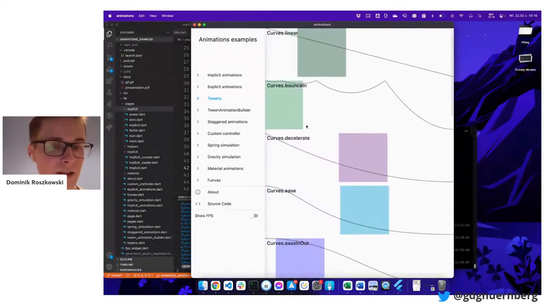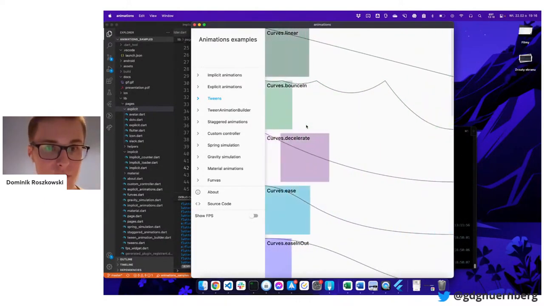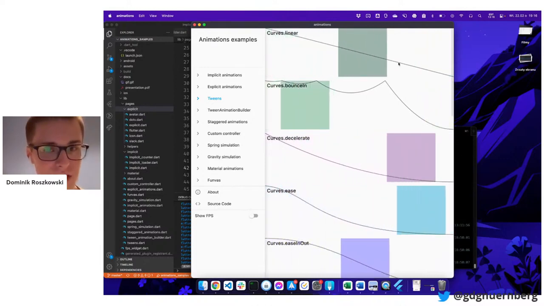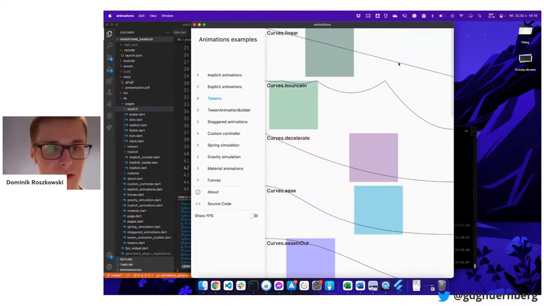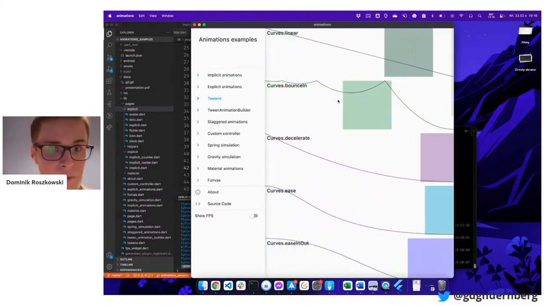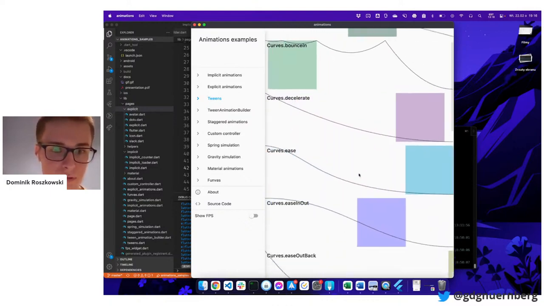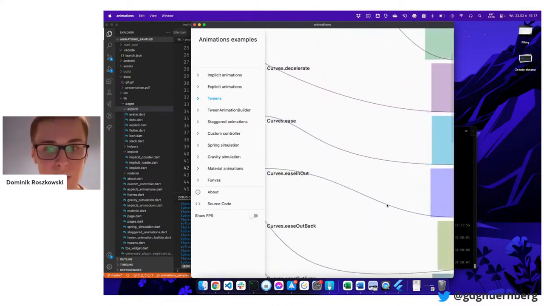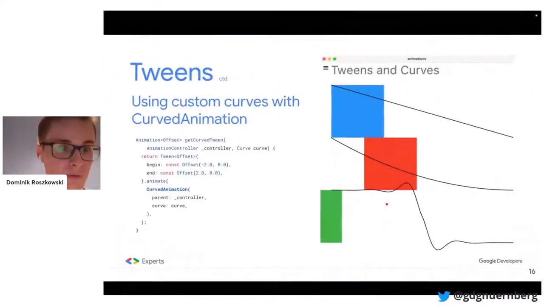So if you have any kind of motion in your app, you will probably use some curve. You will not make the movement linear because in reality, not many things in nature or even in app development behave linearly. So for instance, maybe you will use the decelerate curve, or maybe you will use ease in out when you show something on the screen. And with tweens, you can do this in a very easy way.